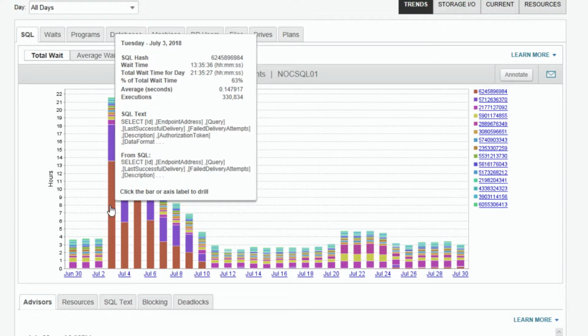So the question always becomes, is 330,000 executions normal? Do you have any idea? Well, I have no idea. Is there a baseline? Because it looks like it's jotted up. Right. That is the aggregate showing you that query had the most amount of weight for that particular day. So when you look at the time slices and you look at the bars, you always have to think aggregates, right? So in this case, this is the biggest bar. I just happened to hover over to give you an idea of what it looks like.